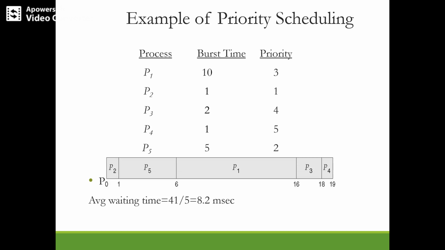Okay, so here you can observe that among the 5 processes, the first process P1, even though it is having burst time 10, its priority is 3. Then process P2, if you just compare, its burst time is 1 and also the priority is 1. That means it is the first process that has to take over the CPU. Process P2 comes into the CPU, completes the execution. What is the burst time of that process? It is 1 millisecond. So it completely executes for 1 millisecond.